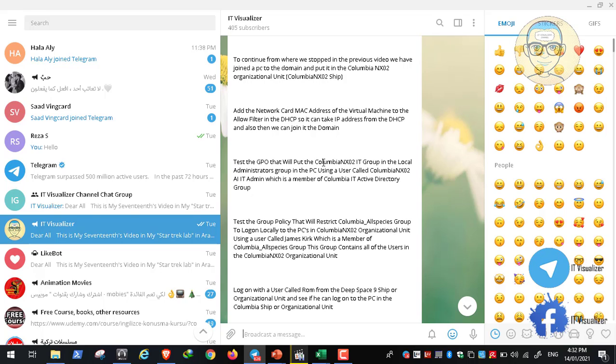So we have done this. We have done the Columbia IT group. It is put in the local administrators group in the PC, and we used a user called AI IT admin. This is a member of an IT Columbia group. So after putting the Columbia IT group in the local administrators group in the PC